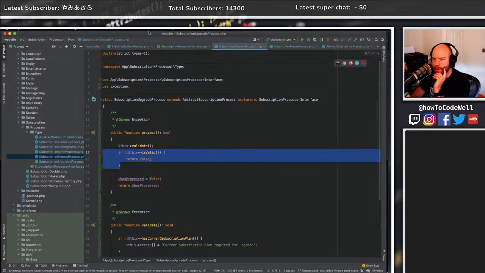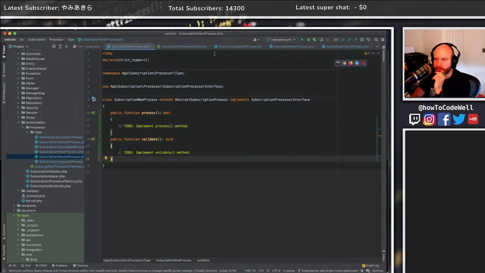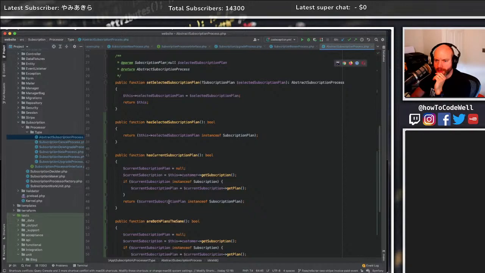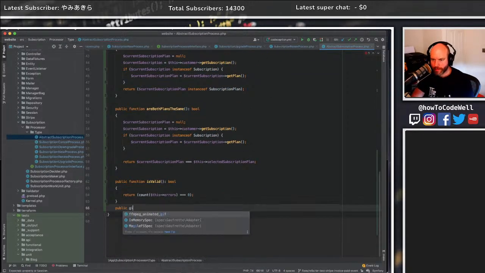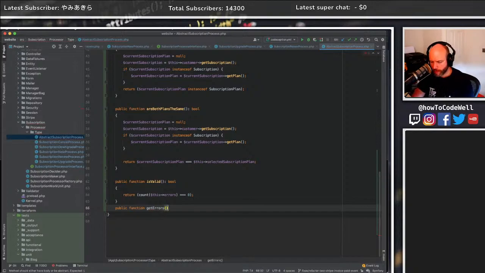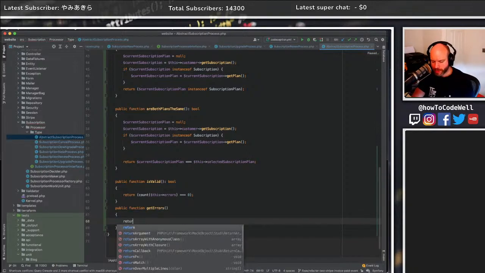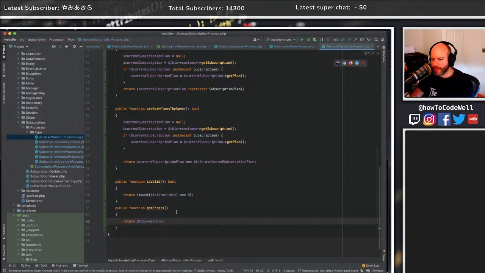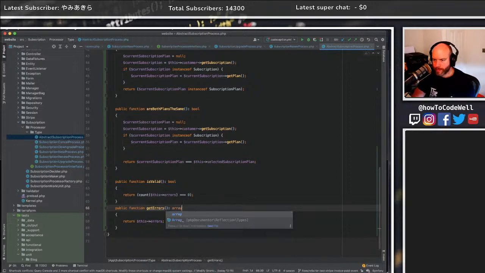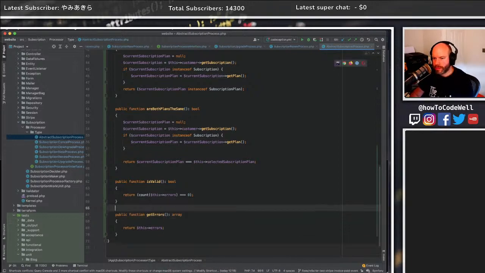These tests require an exception. So I think what I need to do is create a public function getErrors, which will return this errors, and that's going to be an array. Cool. So now back in the world of testing,